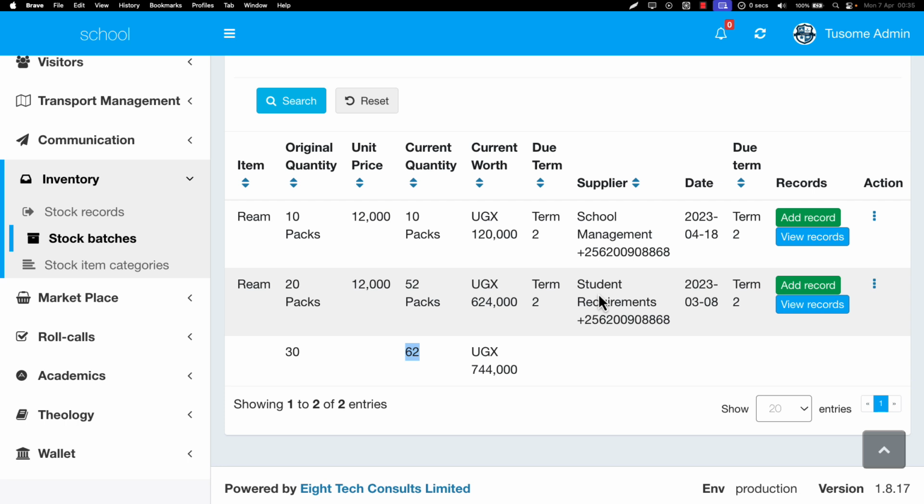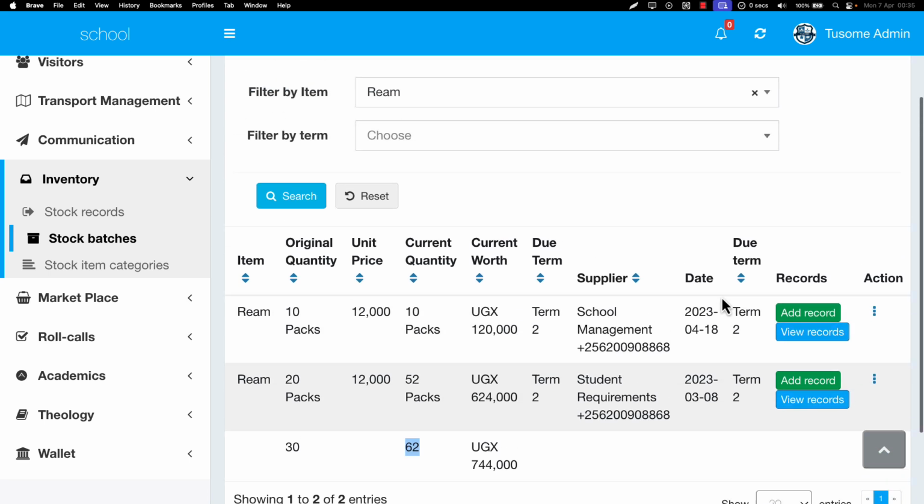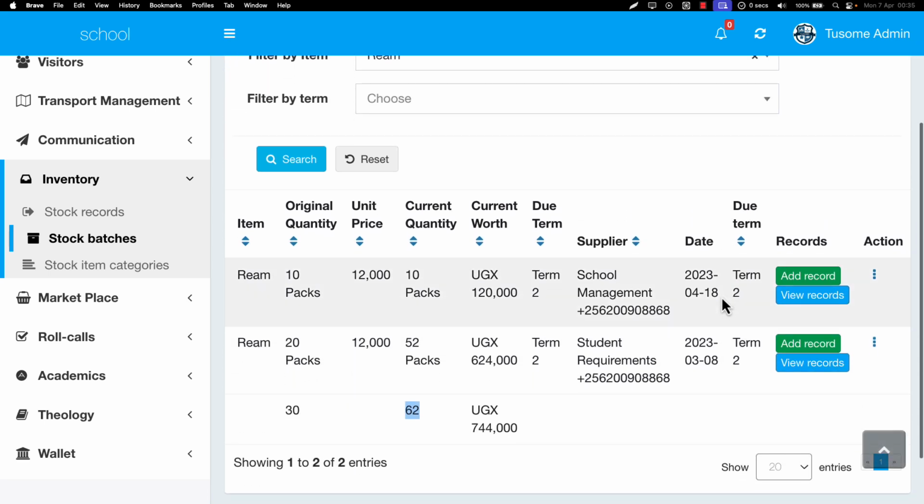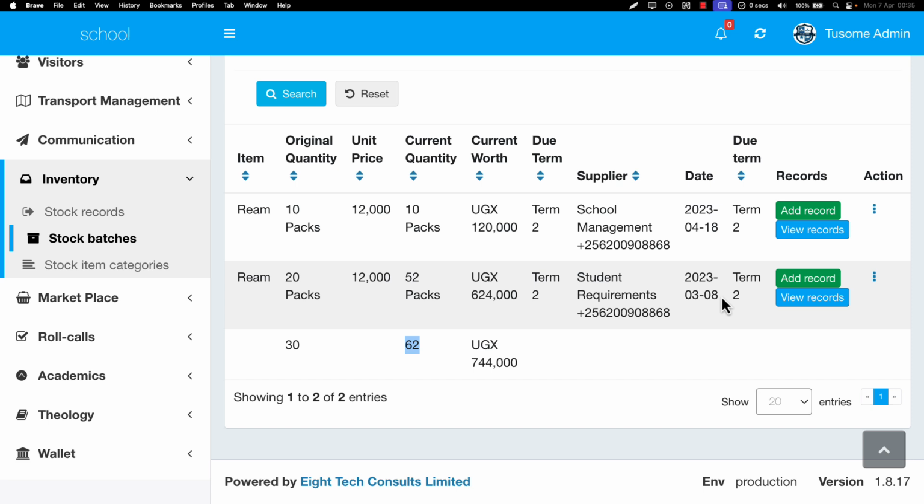So now you have to add all the stock items that are currently in the store. Go ahead and add them here if you want to manage your store using the system. So after adding them, the next thing is to add the stock records. Now this item, we expect them to be going out of the store every day. Now let's say that we have taken 5 rims. So you have to determine